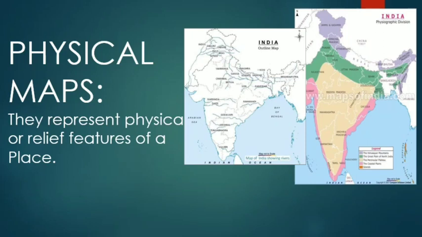Here is a map of India. You can see the physical features shown in this map. Seeing the map, you can easily understand that some physiographic divisions are shown. So here is the legend. This is called the map legend, or it is also called the map key. So what is the use? How can you use this map legend? It includes each symbol, or a short description of what the symbol means.